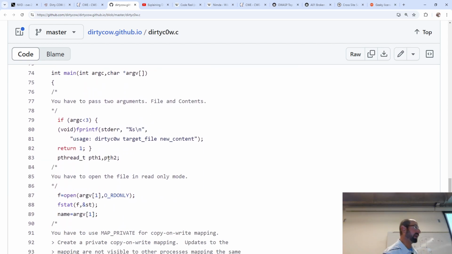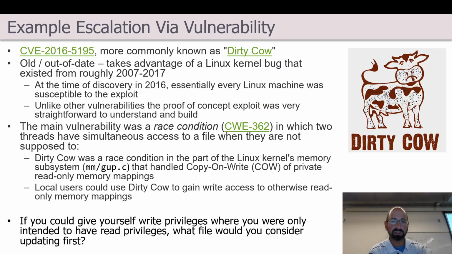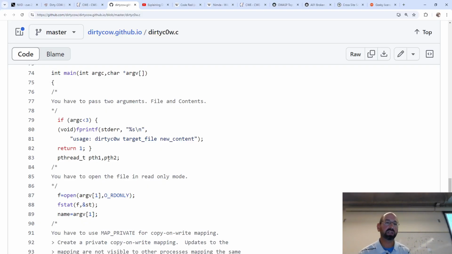So this is our main. This is for the proof of concept. It's not exactly the one that you are running, but it's quite close to the one that you are running in lab. It takes as argument a file that presumably is a protected file that only someone with super user access should be able to overwrite. There are a lot of options to really mess with stuff, but to give yourself write privileges where you only previously had read privileges, the sudoers file would be a good starting point. Just overwrite the sudoers file, add your own account to have full access to the machine, and this exploit then leads to effectively having easy full access to the machine. That's what this version of the proof of concept exploit was doing.